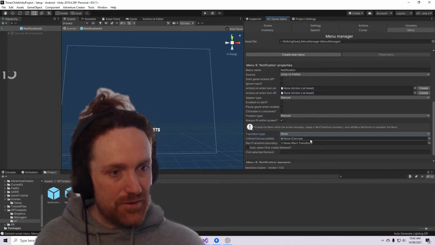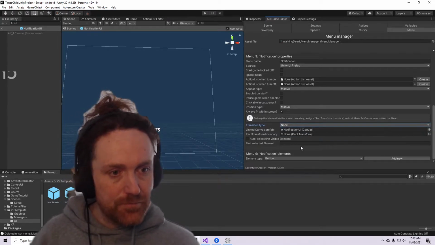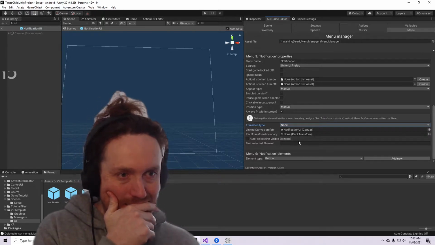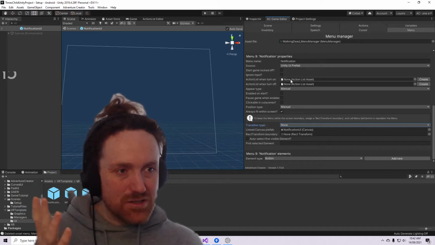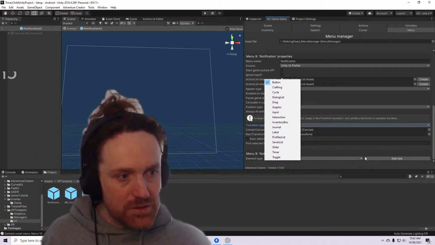Canvas group fader, that's fun. Link to canvas prefab. So now we can link the canvas group, right? And then what we can do is, it doesn't need to do action list stuff. It doesn't have a brain. It reacts to a brain. And then we just say add a,